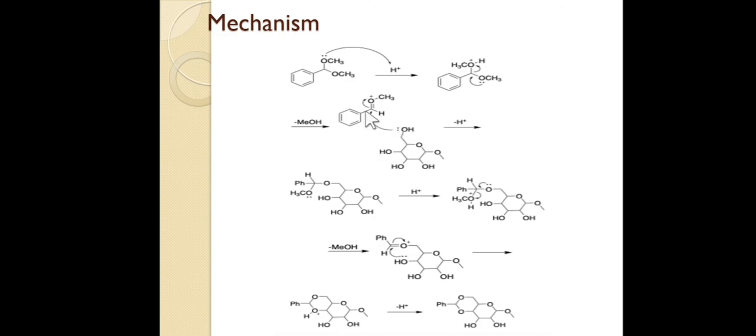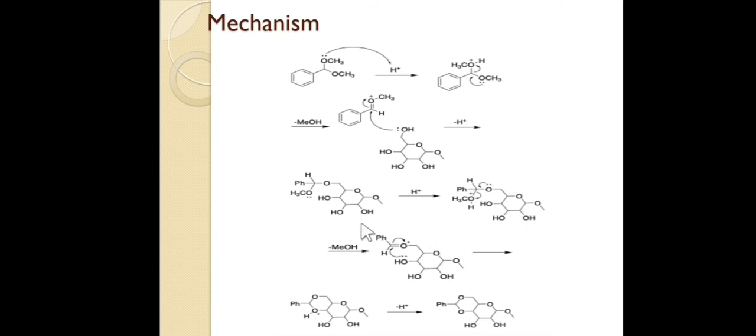So primary will attack on the carbonyl carbon, it will neutralize the positive charge on the oxygen. After that we get this type of molecule. So this OH oxygen also gets protonated, and the oxygen lone pair from this side will delocalize over here, and we get another molecule of methanol separate out from the intermediate.